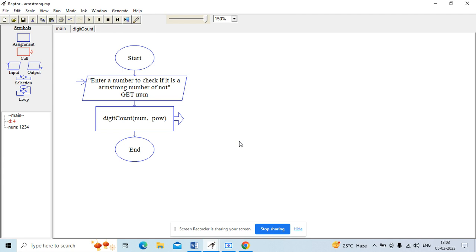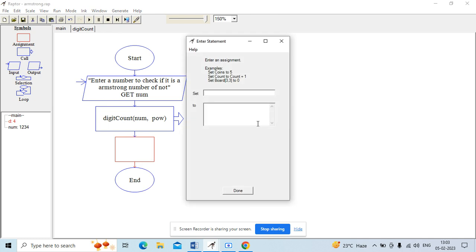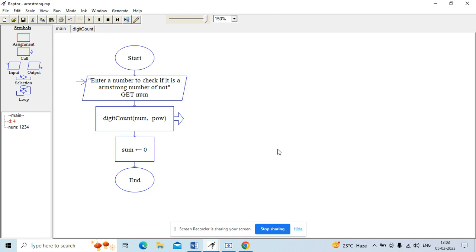So to do that, let me start with, let's say, a variable called sum. So I'll start with a variable called sum and I will start with sum is 0. All right. So the sum is 0 to begin with,